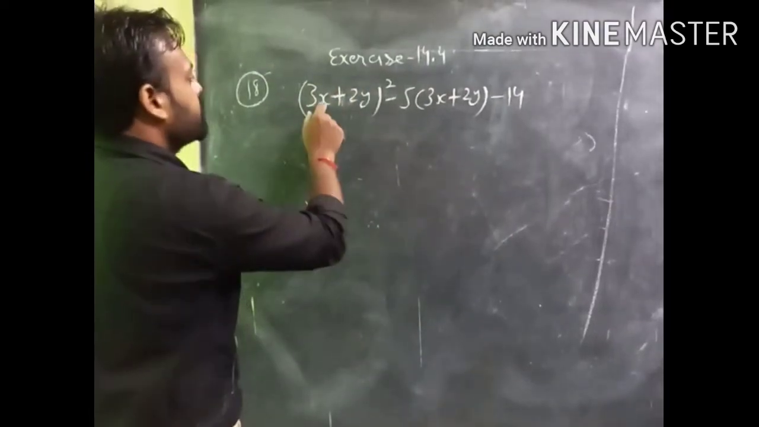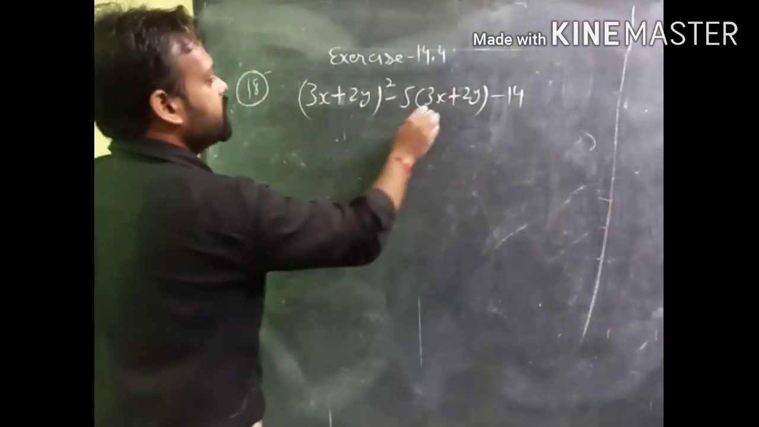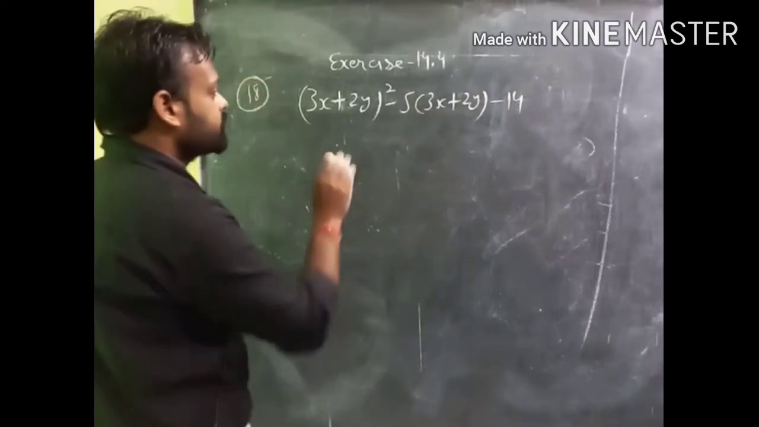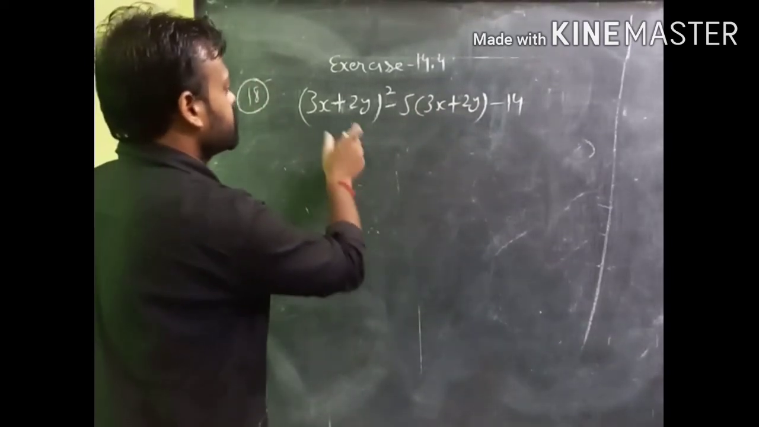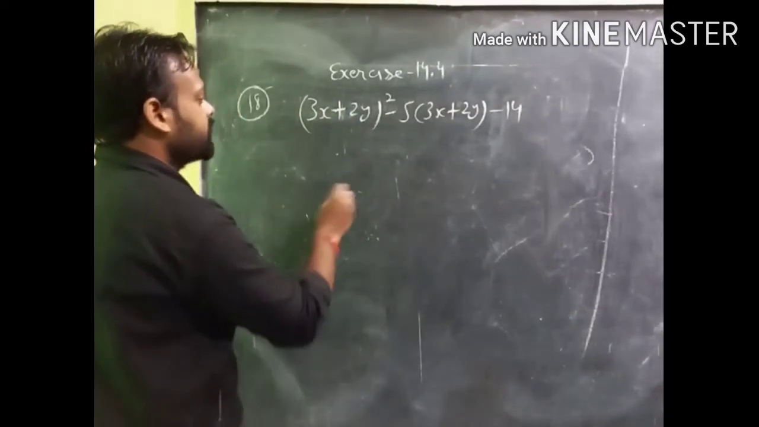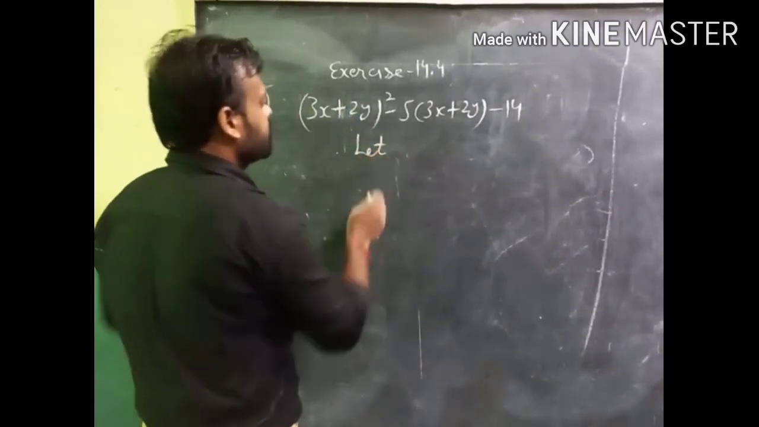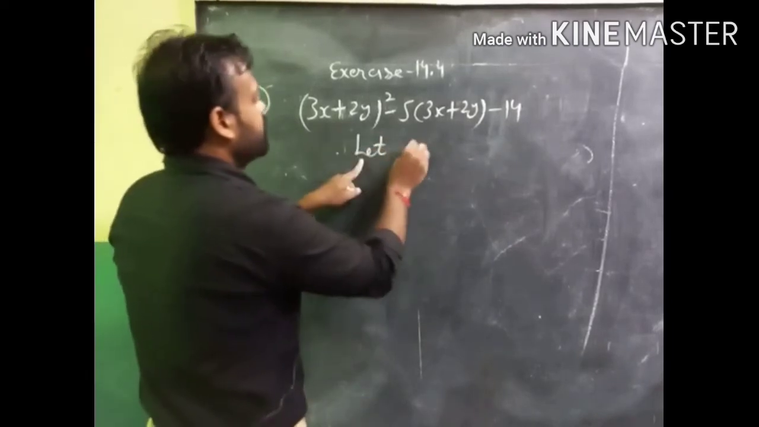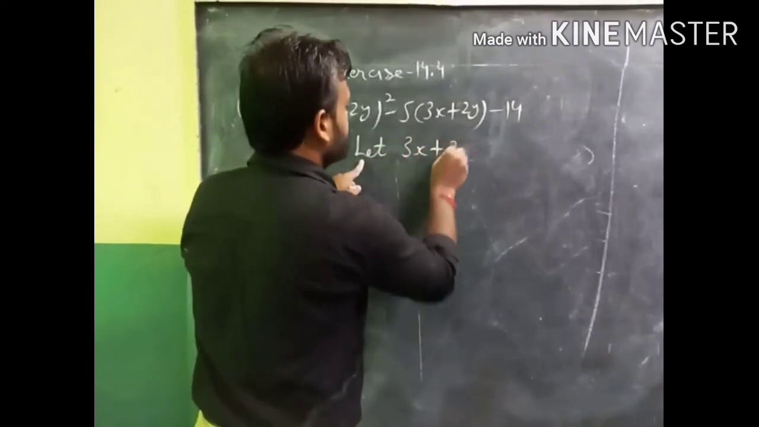So you can see here are two variables, 3x plus 2y, even in this case 3x plus 2y. So first of all we have to solve this sum. How? We have to make here only a single variable. How can we do this? So we have to write down here, let's suppose this 3x plus 2y is